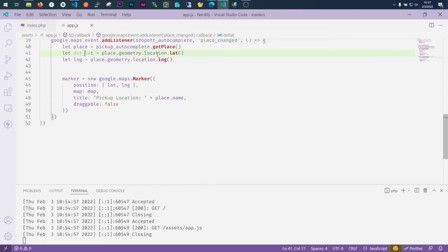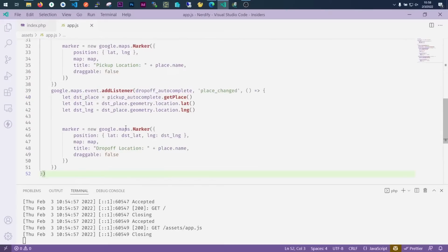And I'll also update here for destination so we don't get confused. Awesome. Now that we have those two, I need to update this to have DST latitude, DST longitude, and we have drop off location like that. So we listen to this event, get the place name, the latitude and longitude, then we add a marker to